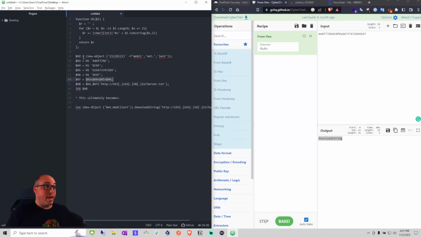Then we're taking H2, so new object, net.webclient, and appending that to H7, which is download string, and then we're appending this to it. So ultimately, what we have, and then we have H8, where we're putting invoke expression. So in PowerShell, IEX stands for invoke expression, which is a commandlet. So ultimately, after you put all that back together, what we have, and I'll blow this up full screen so it's a little bit easier to see,